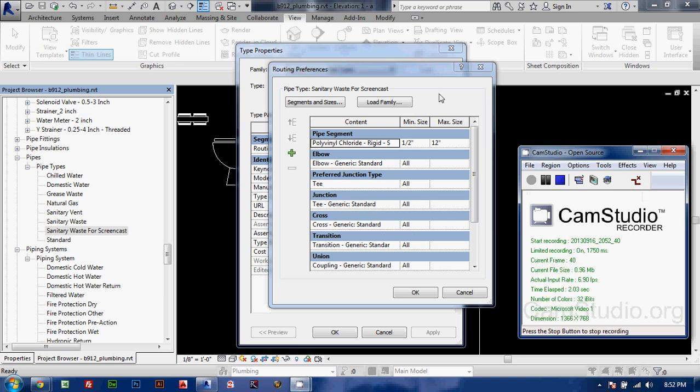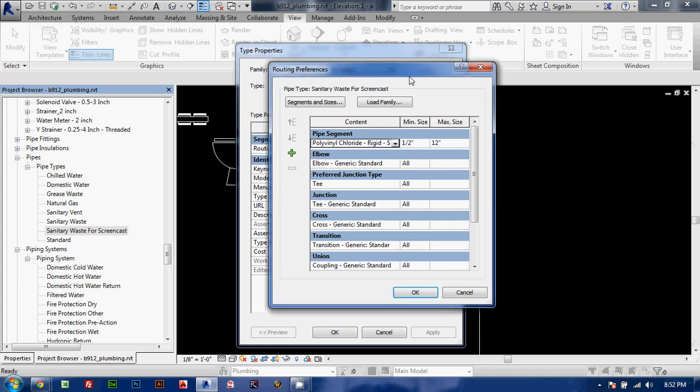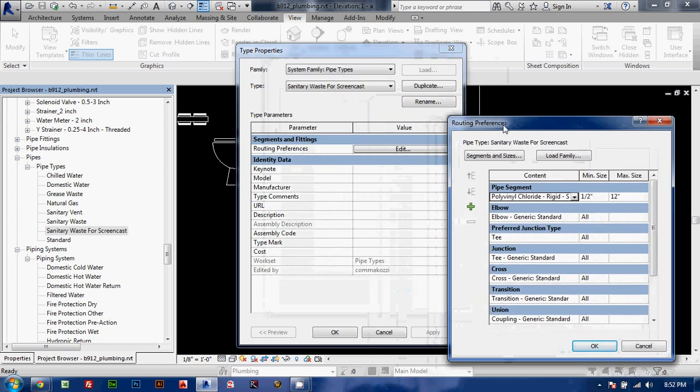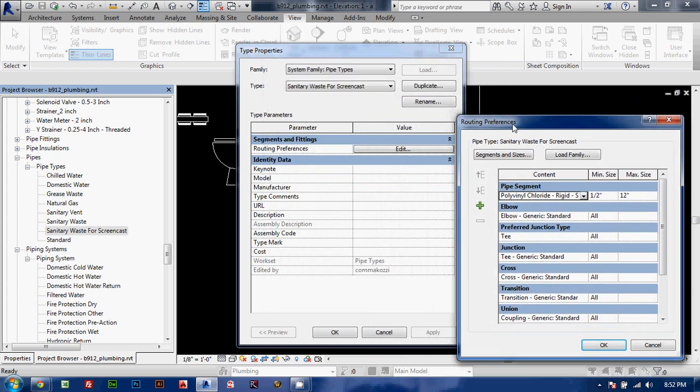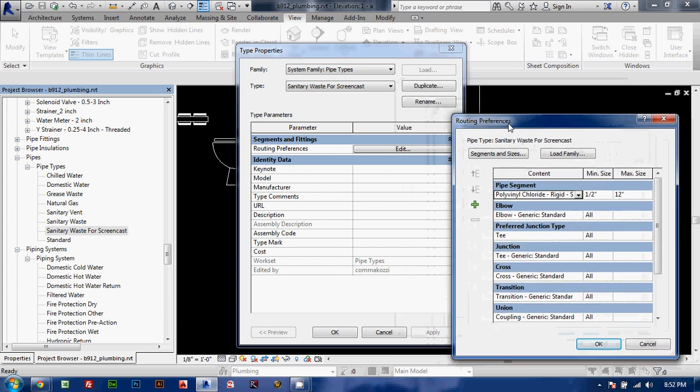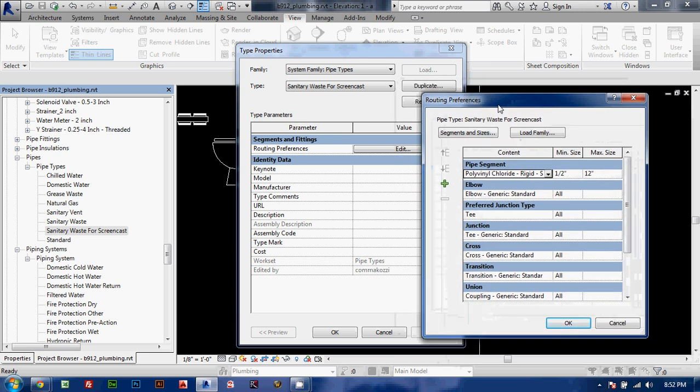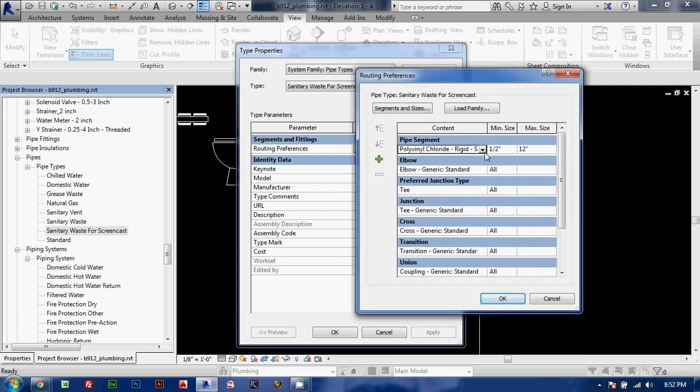All right, so we are creating our piping system type, our pipe type. What we've done is we're setting the routing preferences. This is where we pick the type of pipe that we're using for the different pipe segments. So just for a pipe segment, I am setting sanitary to